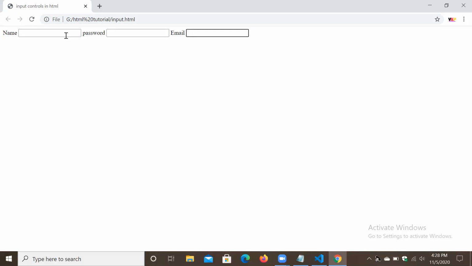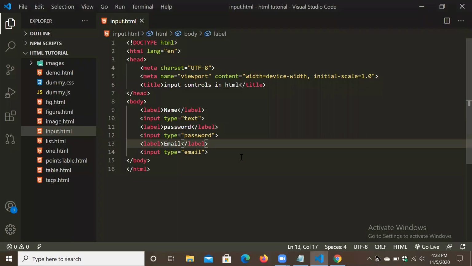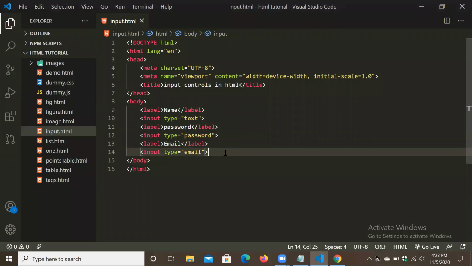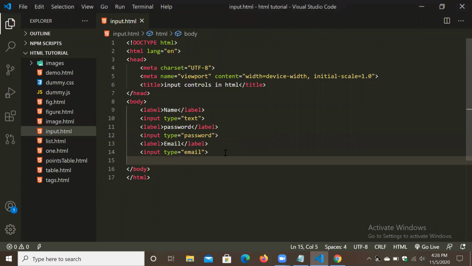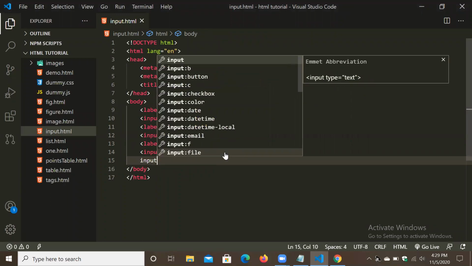But for your understanding purpose, I have taken that input type first, and after I am using label for better understanding. Okay. And what happened, everything is coming in one line. Yeah. So we will do something for that also, but first we'll add other things.